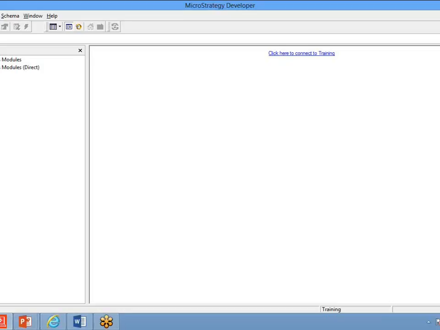So regarding the MicroStrategy modes, there are 2 types of modes you can see from a developer perspective. You have a 2-tier or direct mode, or a 3-tier or server mode. You can configure your MicroStrategy either as 2-tier or direct, or with a 3-tier or server mode. The 2-tier is local, everything local to your machine. No other remote machine can connect to you, and the servers are not configured. It's just everything residing on your laptop, and you can run your reports and configure your metadata, everything local